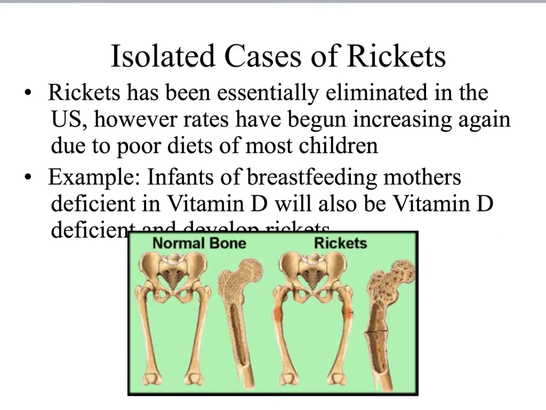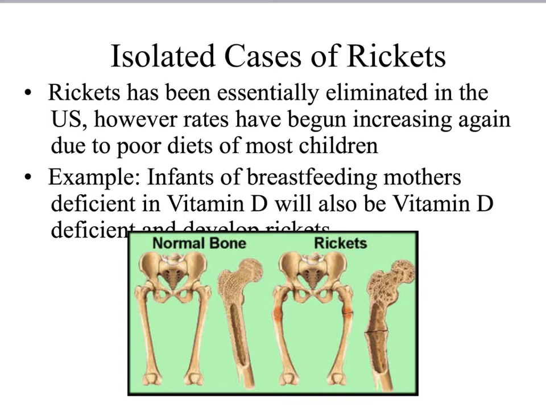Rickets has essentially been eliminated in the U.S. However, in recent decades, the rates have begun to increase again because of the poor diets of most children. Most children are not getting enough vitamin D or calcium and are drinking sugary drinks instead of milk and things